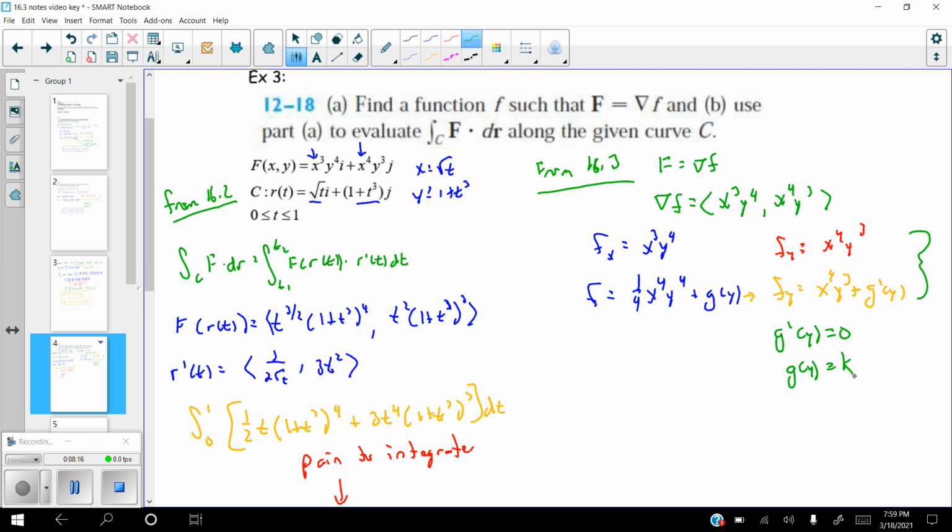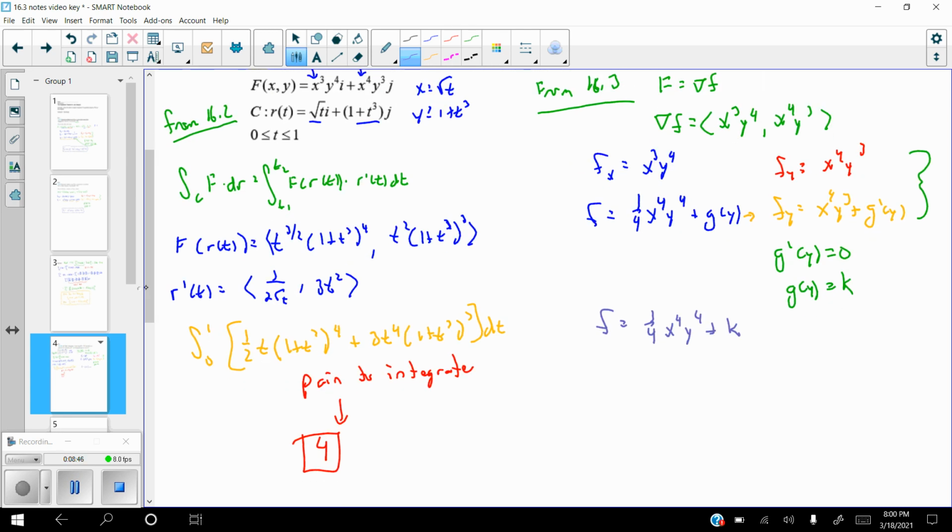So my original function, f, is going to equal 1/4 x to the fourth y to the fourth plus k. So that's actually part A. Now part B says to use what we found in part A to find the line integral. Well, because we know that capital F is the gradient of f, the fundamental theorem for line integrals says that